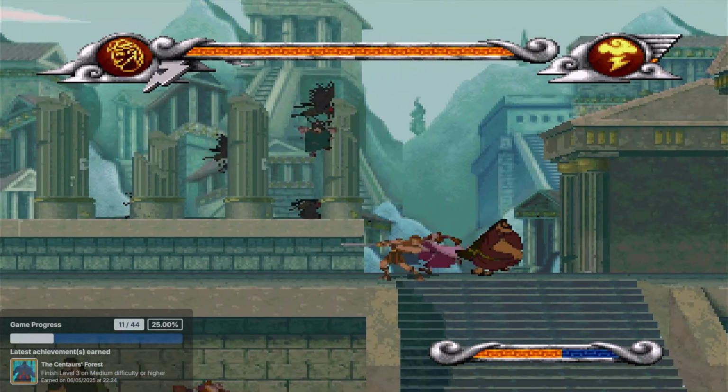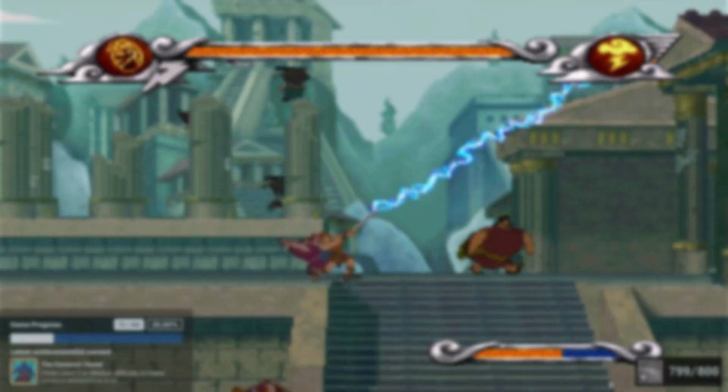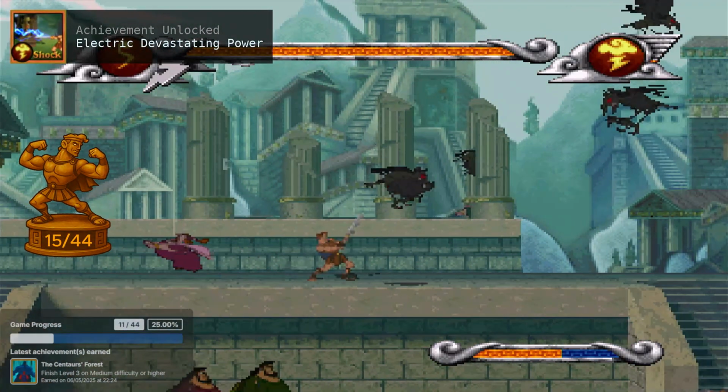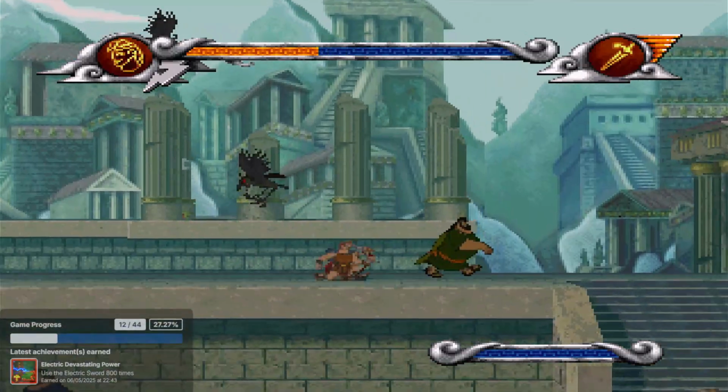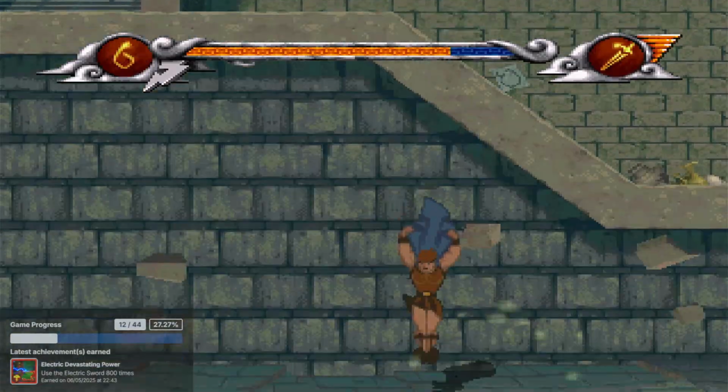This is also the first level where we complete one of the power-ups achievements. After using the shock ability 800 times, we get the Electric Devastating Power achievement. After defeating this mini-boss, we get to keep going further into the stage, collecting some more vases and Hercules leathers